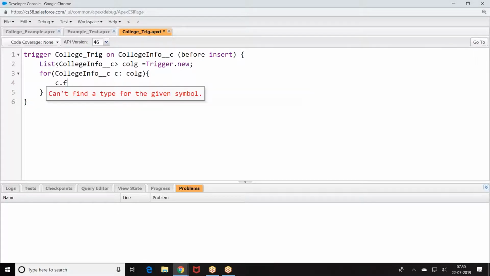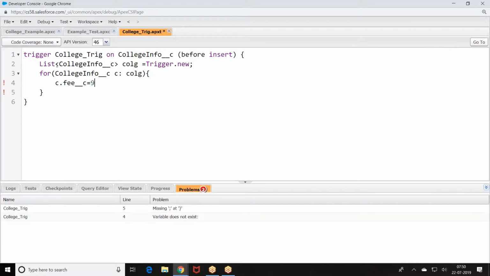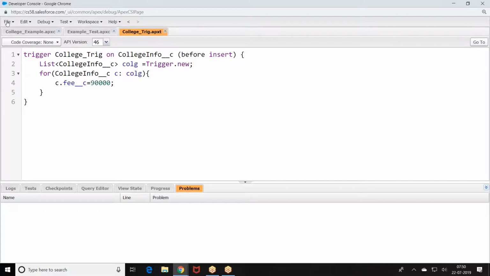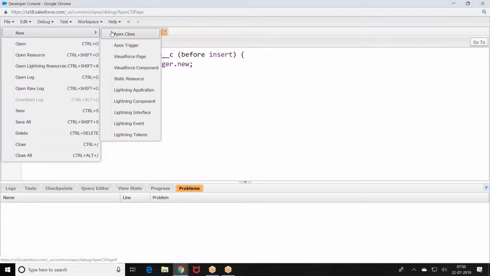So the story, C dot fee. Now, how do you test it? Go to the trigger.